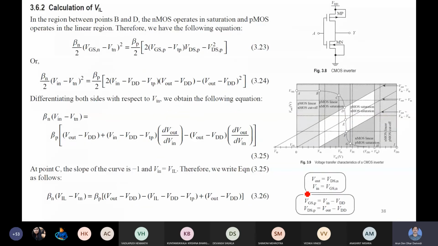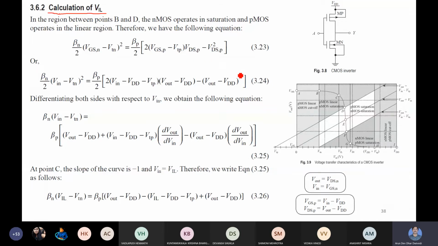Next we are trying to derive some equations for the NMOS transistor for this CMOS inverter. Instead of derivation, we should discuss the result. We can come to the result because CMOS logic is more important, but later on we will discuss every step. So let us quickly derive some calculations. VIL we have defined already. How is it coming, what is the mathematical value of VIL, that we can understand.